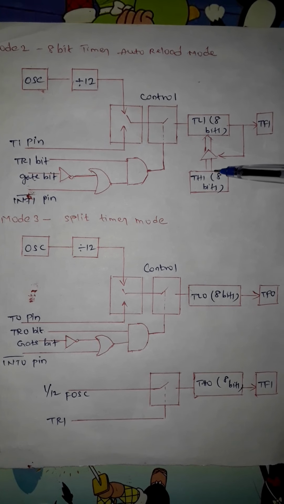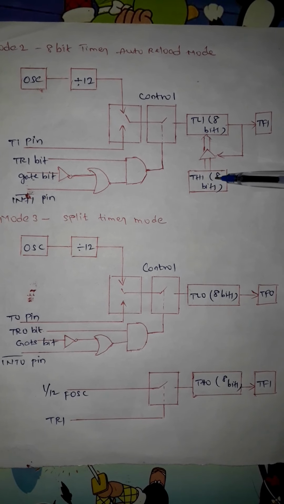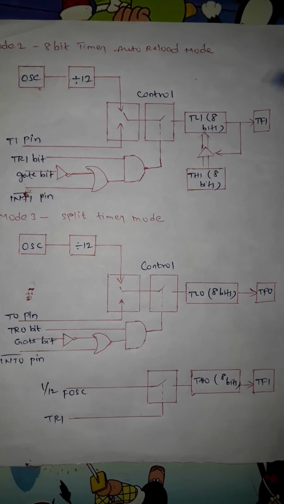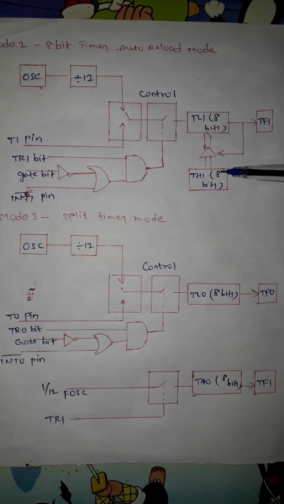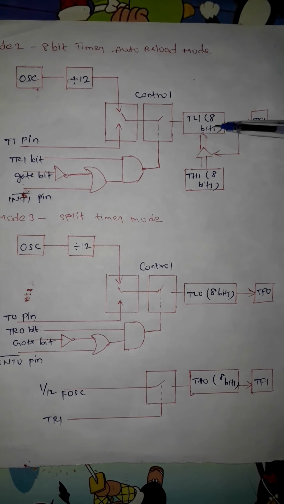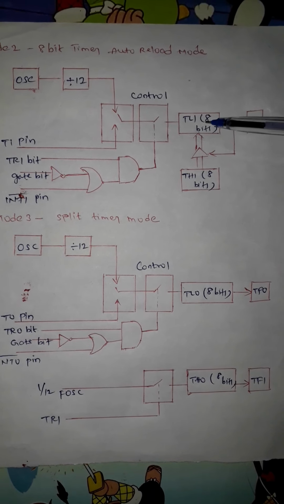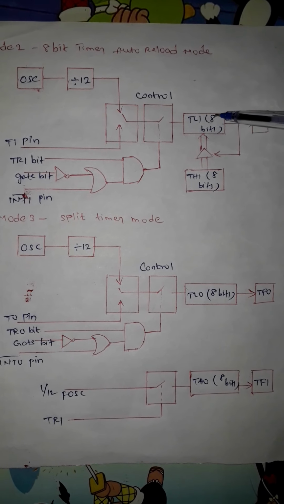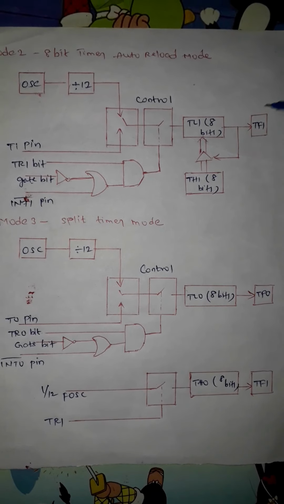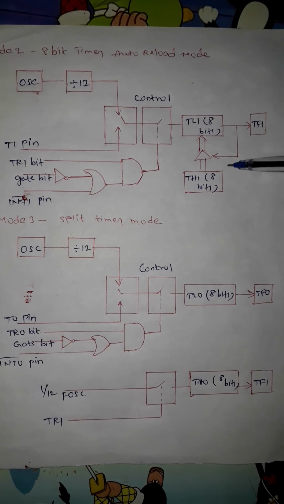So for example, in TH1 you can set any predefined value into the timer higher value TH1. For example, you can place a 44 value in TH1. If you place a 44 value in TH1, then TL1 will get the value 44H, and start counting from the value 44, and then it reaches its maximum value of 255. When TL1 reaches its maximum value of 255, then it generates the timer overflow flag.